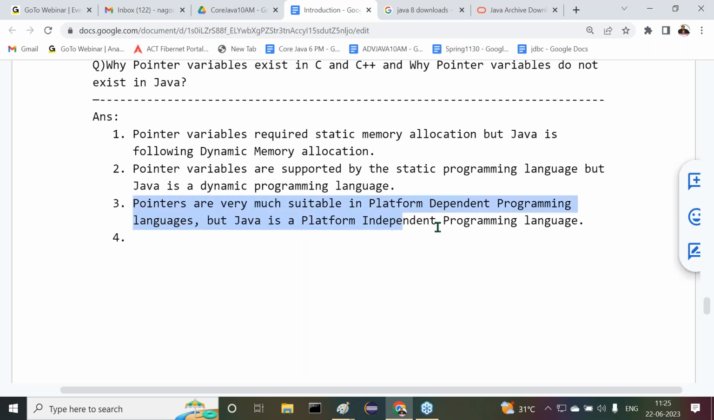Just one minute of time. I want to give some explanation. First of all, let's assume a platform dependent programming language. What is the meaning of platform independent programming language? In a platform dependent language, compilation and execution are on the same operating system. In a platform independent language, compilation is on one operating system, execution is on another operating system. Clear-cut information. For example,